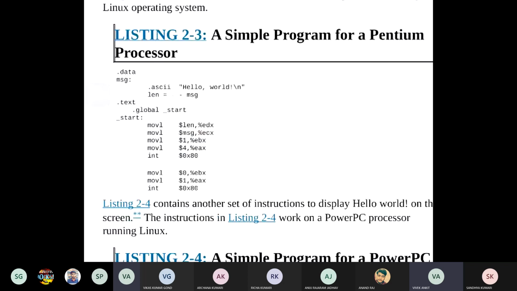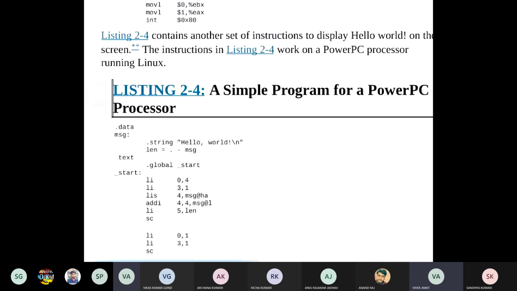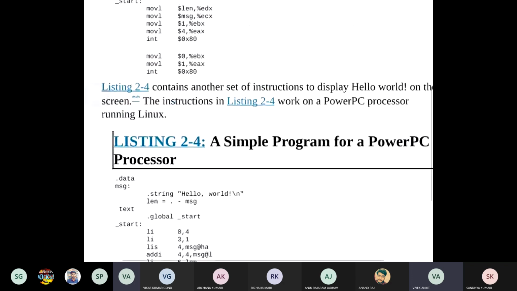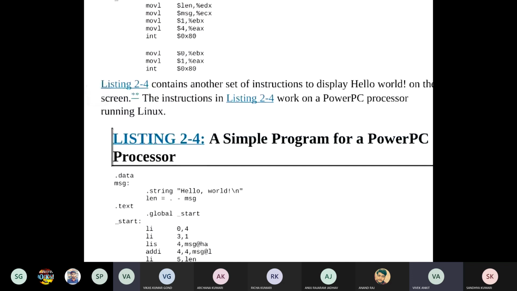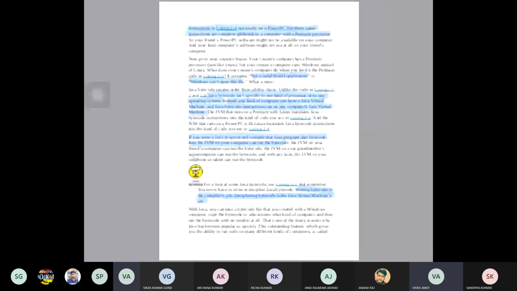Okay, this is the instruction, whereas the same code in a PowerPC processor, made by IBM, looks like this. Both are different, but both will perform the same task. That's the work of the JVM. The byte file is universal. It will be the same for a Java code, but the JVM converts that byte file into processor-understandable instructions so that it can run on any system.